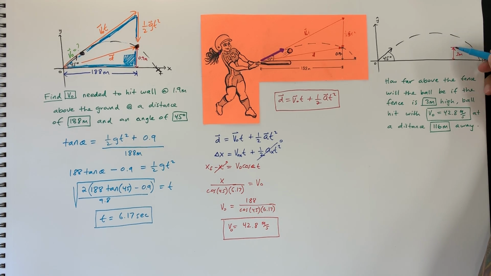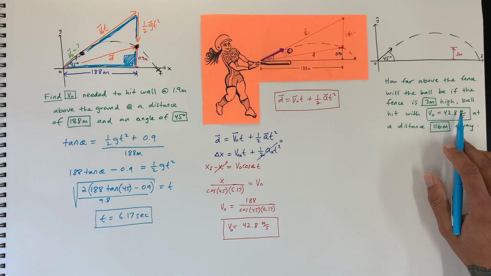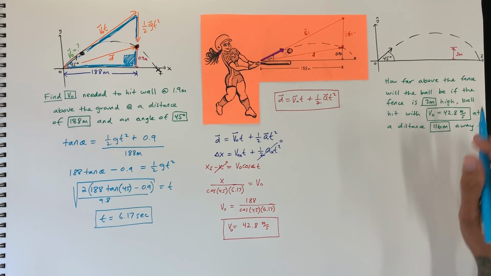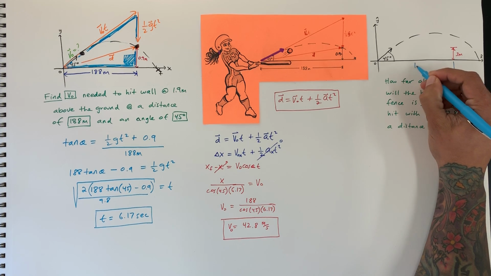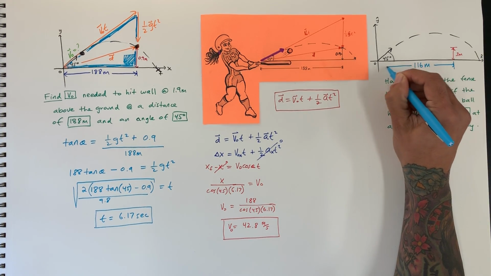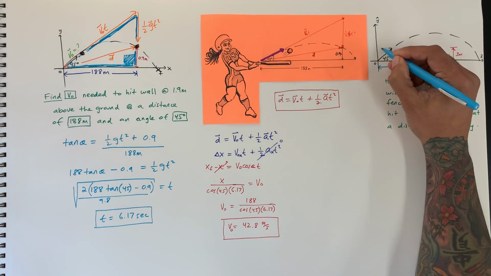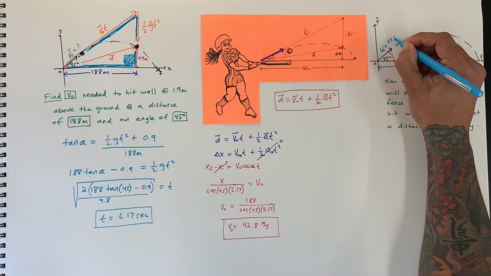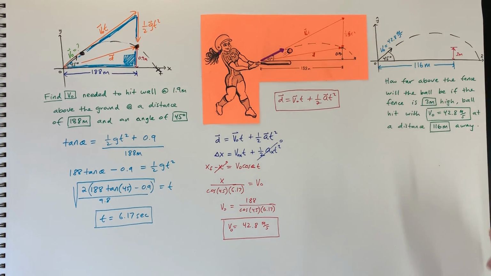will the ball go if it's hit with a velocity of 42.8 meters per second at a distance of 116 meters away? So this is 116 meters away. Okay, and the velocity initial is equal to 42.8 meters per second. And we want to know how high above this fence